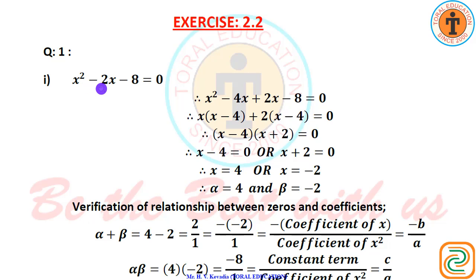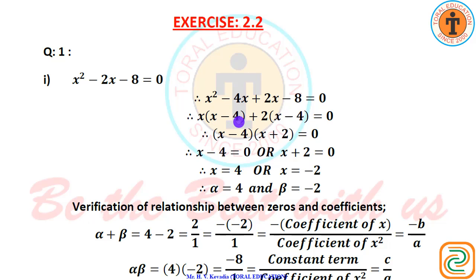Then minus 2 is to be taken as minus 4x plus 2x. Minus 4 2s are minus 8. Then minus 4 plus 2 equals minus 2. So here x square minus 4x plus 2x minus 8, this is splitting the middle term, equals 0. We take x as common from the first two terms, then x